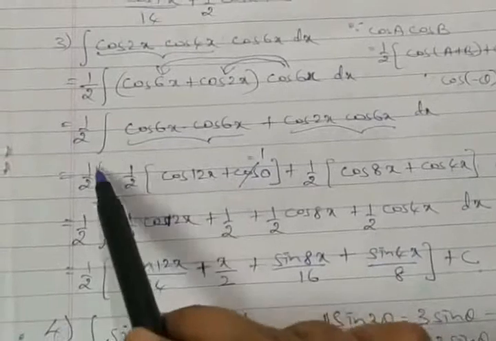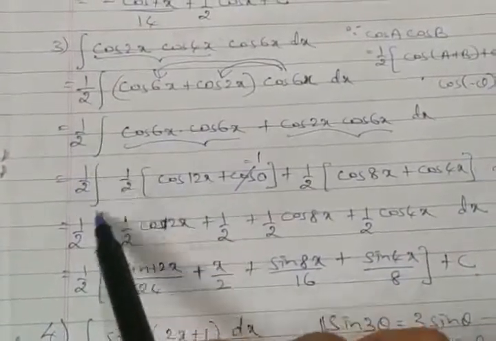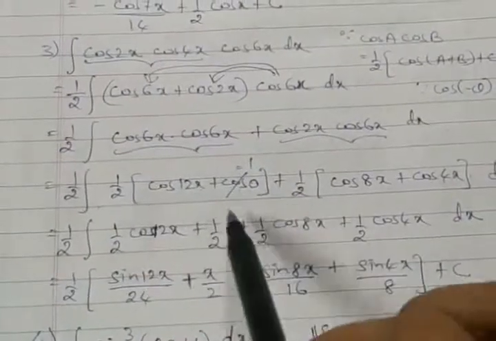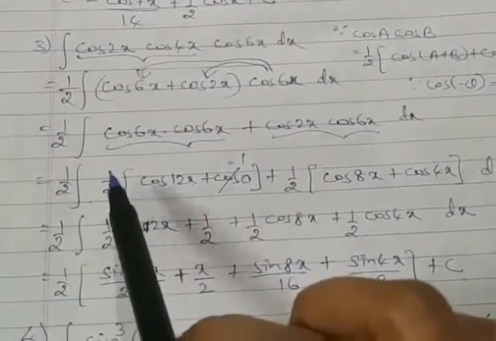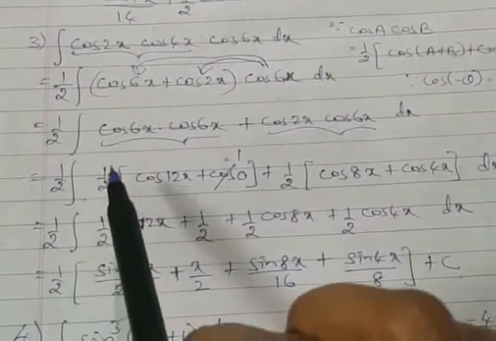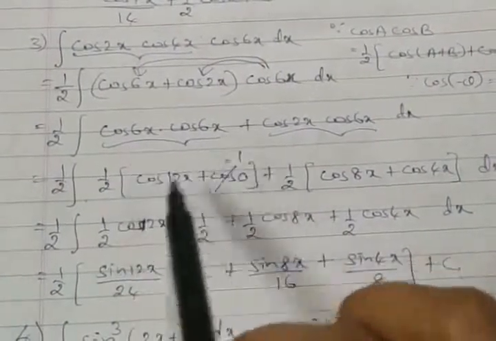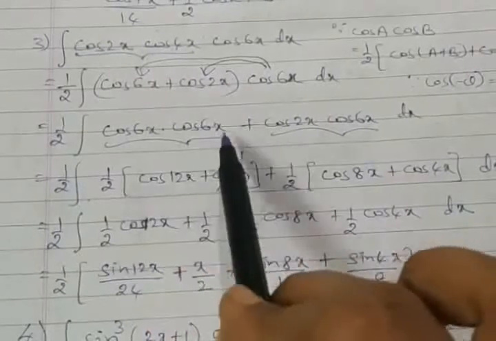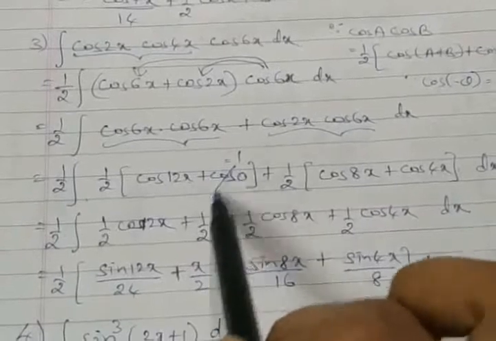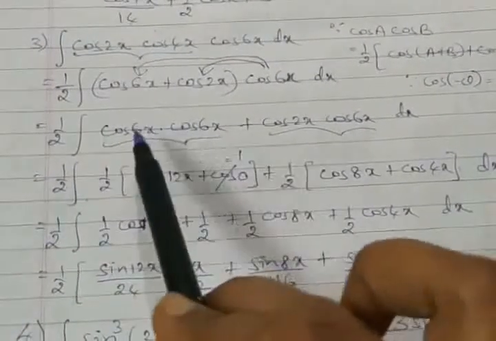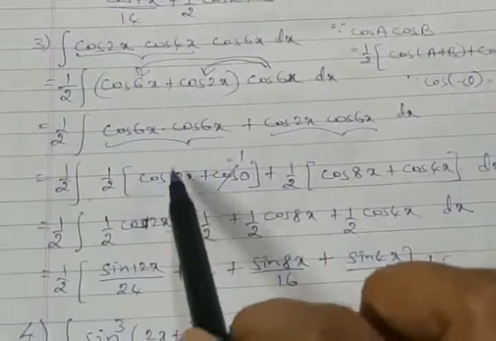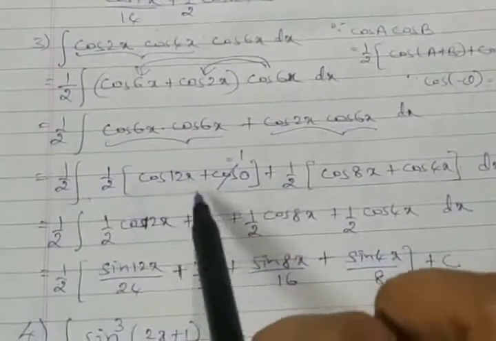So please keep half a little outside and take an integration symbol, and for this again we have 1 by 2. So take a bracket here. Wherever we find common numerical coefficients, balance the coefficients, 1 by 2, properly. So we have 1 by 2, here we have cos 12x plus cos, this minus this should give us 0. What is the cos 0 value? Cos 0 value is 1. So ultimately, if you have taken cos square, we have 1 plus cos 2 theta by 2 here.